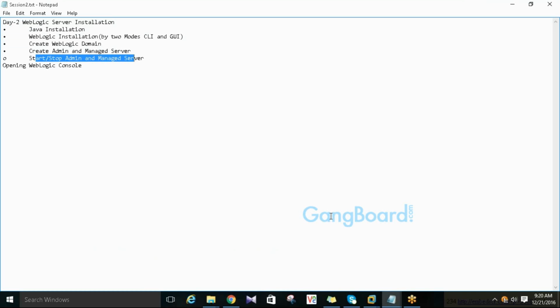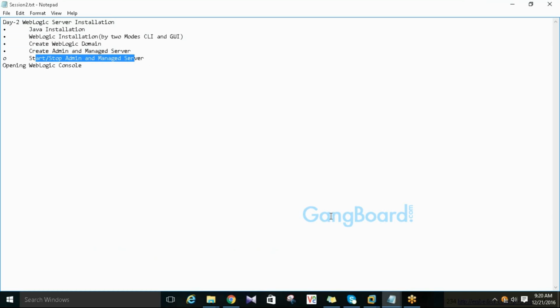And always keep in mind one thing: before stopping the admin server, if there is any requirement to shut down the whole environment, first stop the managed servers, then go for the admin server. If you are going to start the environment, first start the admin server, then go for the managed servers.